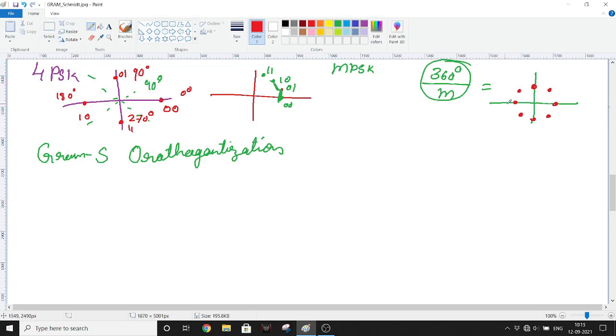So to solve such a problematic way of identifying the phase, we go with Gram-Schmidt orthogonalization,